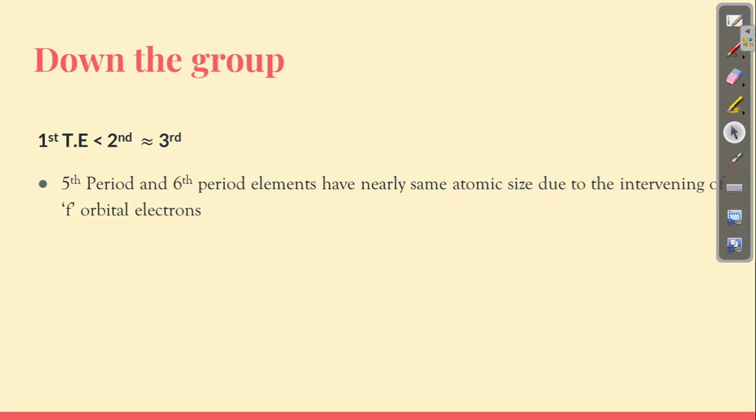Okay, and because of this imperfect arrangement, the shielding effect will be very poor. Normally f orbital electrons will have a poorer shielding effect than d orbital, which in turn will have a poorer shielding effect than p orbital, and this will have a lesser shielding effect than s orbital. So this will be the shielding effect order of orbitals.